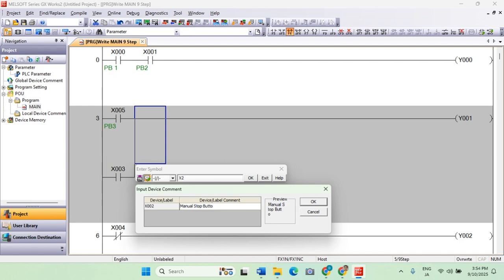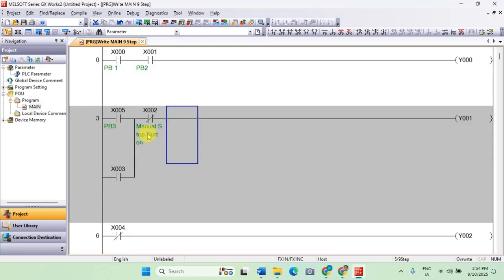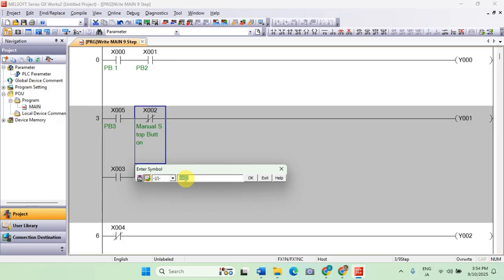I will be labeling it as manual stop button. Okay, but the problem is the comment is not aligned properly. So how do we adjust that?